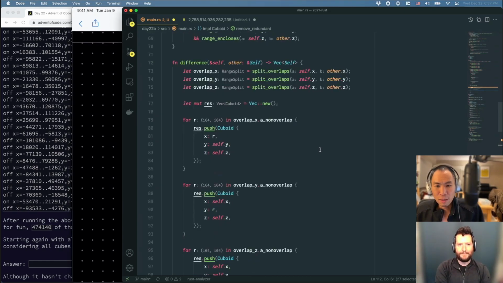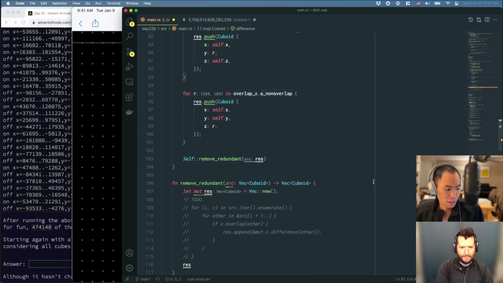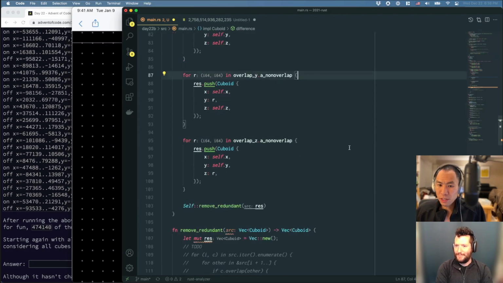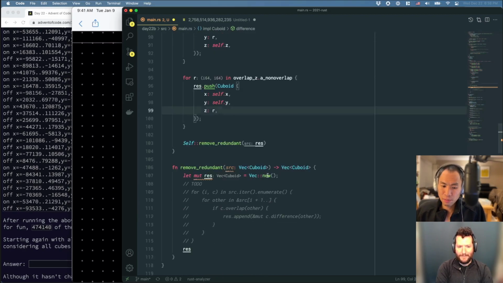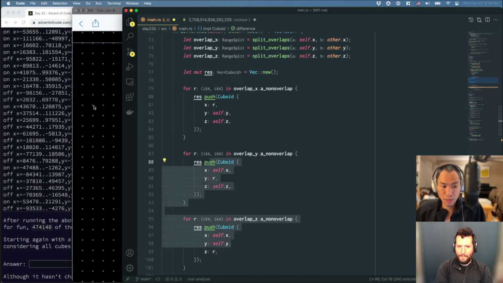Okay. So I thought of a different way of doing the difference. So the idea that I had, sorry, go ahead. Is it different than what I just suggested? Splitting it into 27 chunks. It is a little bit different. I guess it's basically 3 directions on each axis. We can do that, but that would have to be special cased because we don't always have 3 chunks of overlap, right? If we go back to this,